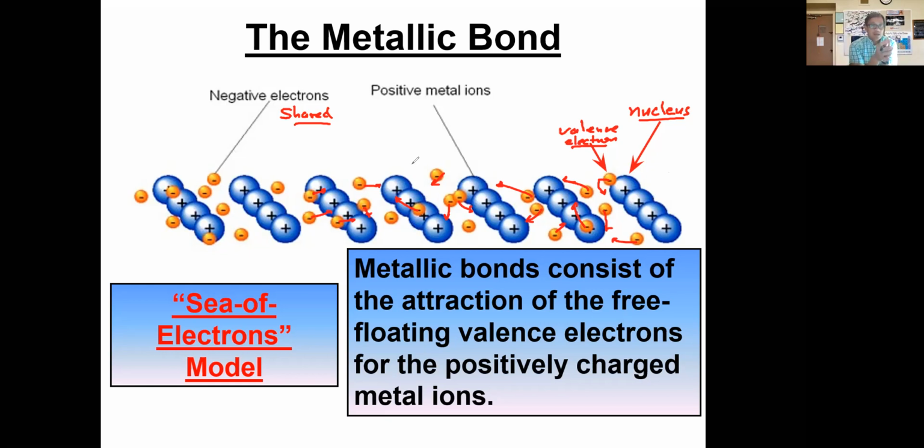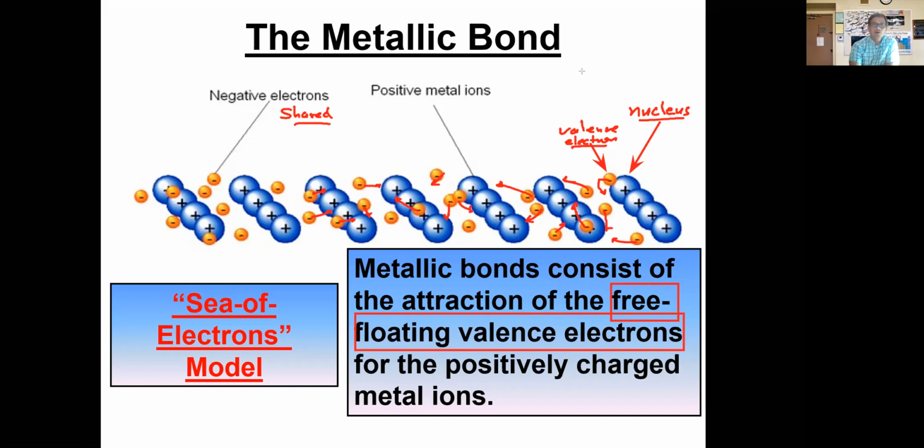Okay, so if you can imagine that you have this layer of electrons moving around every single nuclei, keeping them separated. And so the way that we describe this model for metallic bonding is that we refer to it as a sea of electrons, because these electrons are free to move around all the nuclei. Okay? And the key to understand is that these electrons are free floating. And again, I don't particularly like the term free floating valence electrons, but I think it's a term that most people can identify with.